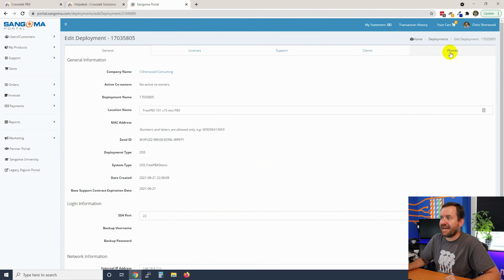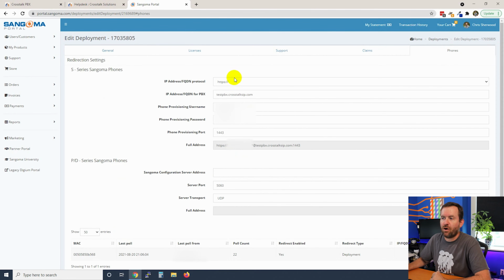And then we want to go to the last tab over here, the Phones tab. We want to click on that. And here we can see that I have already input all of the information because I have actually already set this up for this server in preparation for this video. So we can see my provisioning protocol is HTTPS. My FQDN or IP address is